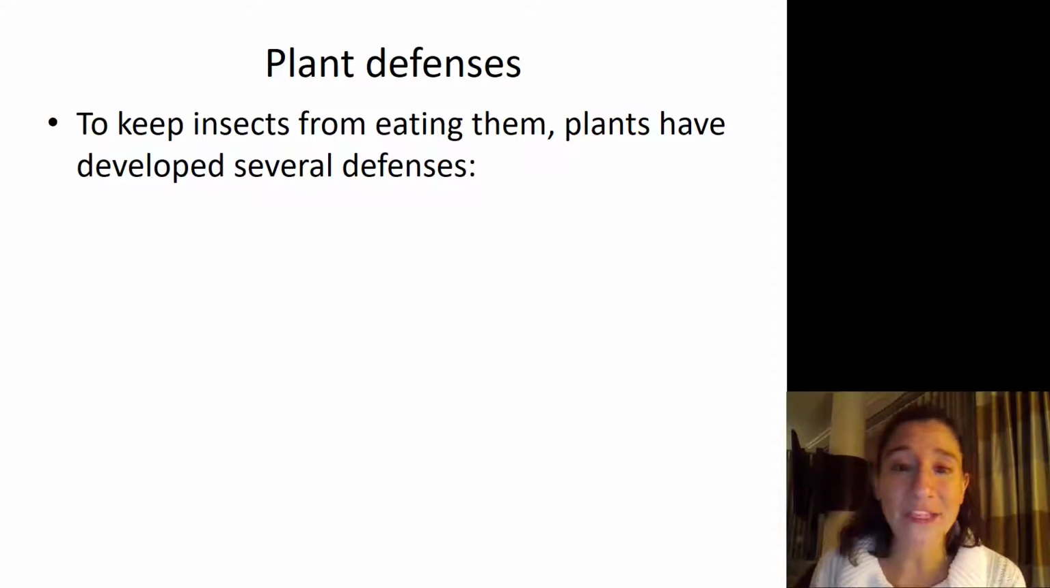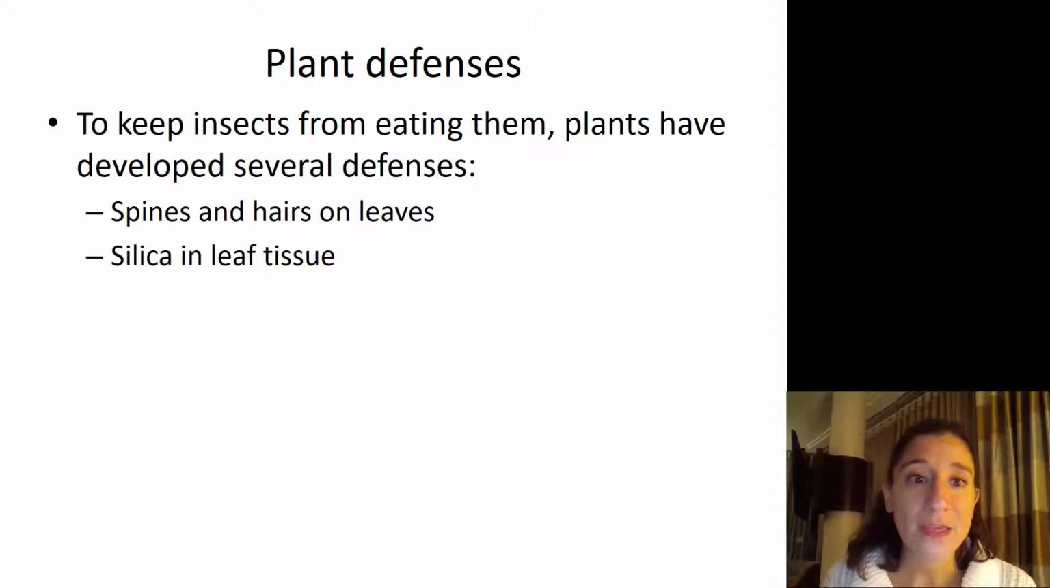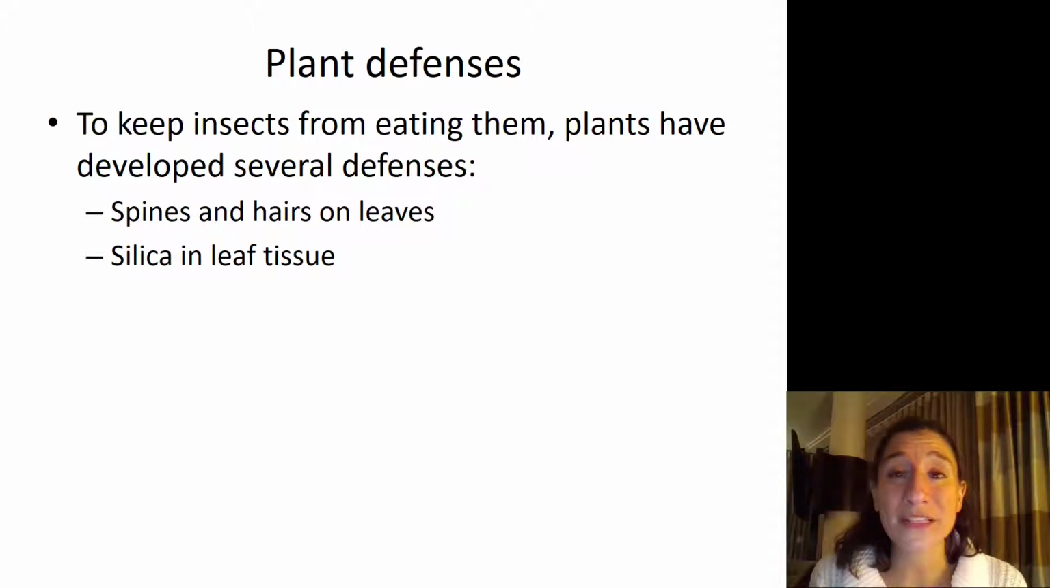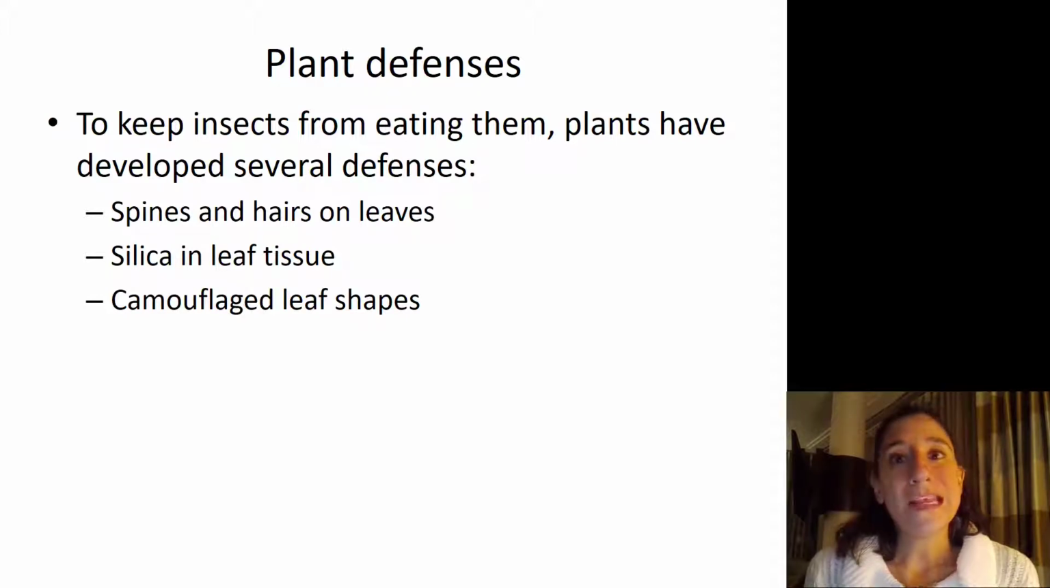there are several different kinds of plant defenses, and these can include things that are physical deterrents, like spines and hairs that are found on the leaves, silica that's present in the leaf tissues that will basically dull the mandibles of chewing insects over time, also not so easy to digest. Many plants will camouflage their leaf shapes so that insects are not really able to recognize them as being